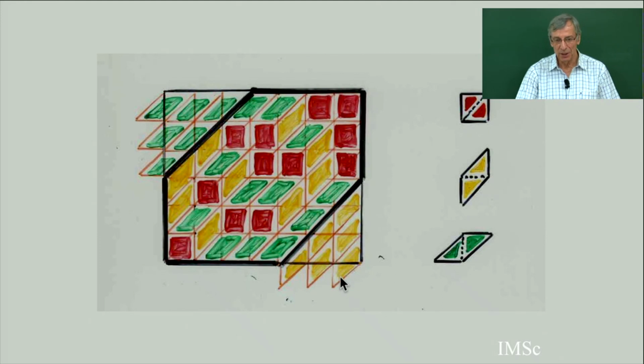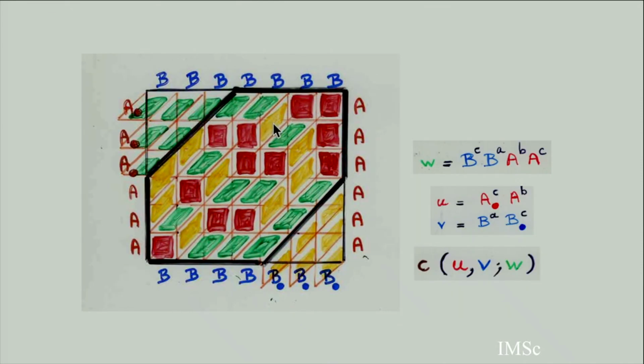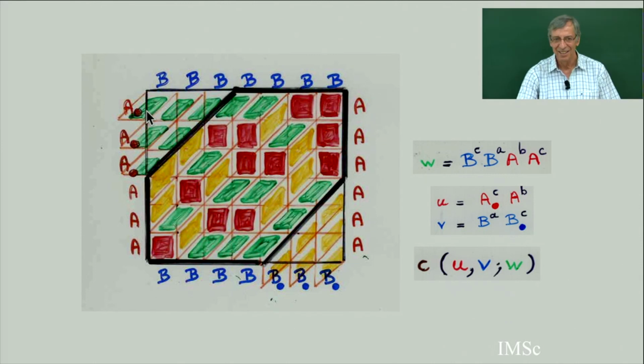And now if I want to express what I have done, adding these special tiles, I have to put some numbers, some labels. So here I start with B, B, B, B, B, B, A. They are border of tile, and if I read the word here, I am inside the tile. Vertical, so I have A dot, A dot, A dot, then A, then B, B, B, I have border of tile, and here again, I am inside the tile.